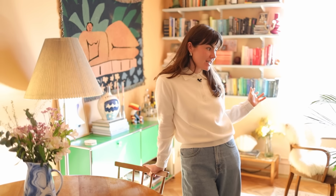Welcome to my study/dining room. This room was definitely the hardest room to bring together because I knew that I wanted a dining space, but I also work from home, so I knew that I needed an office space. And so I thought there's a world in which they can work in the same space. But it's been a journey over the last year and a half to continue to make it a space that can have those two quite opposing functions